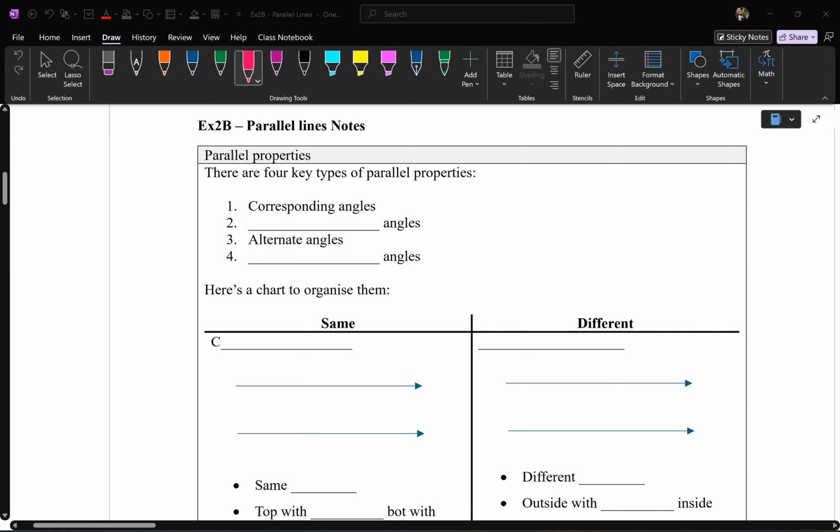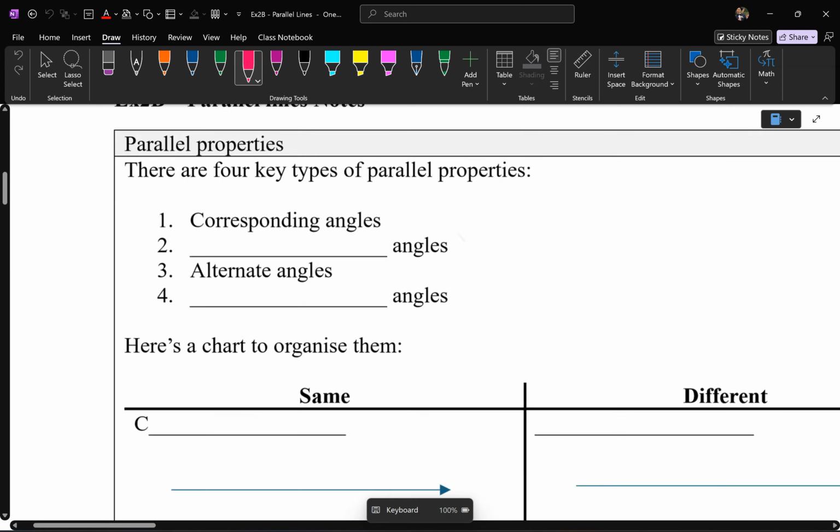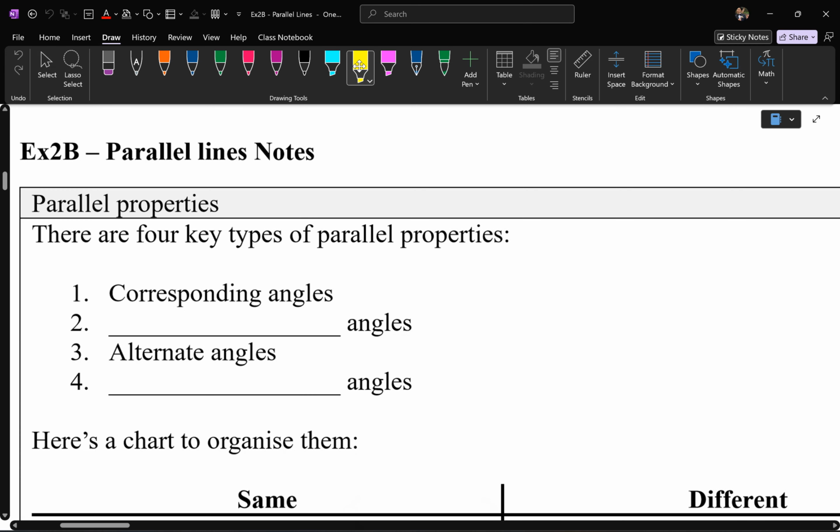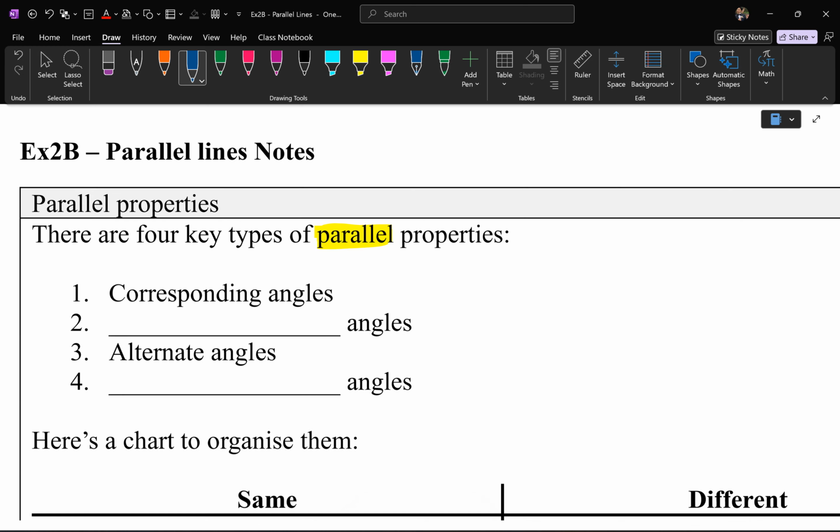It's recording. Exercise 2B is called parallel line properties. Now, let's start off. When we say parallel, what does parallel mean? Hands up. Yes, Ashwin. A line that does not intersect with each other. Very good. So they run alongside each other, which means they run at a certain angle, let's say this